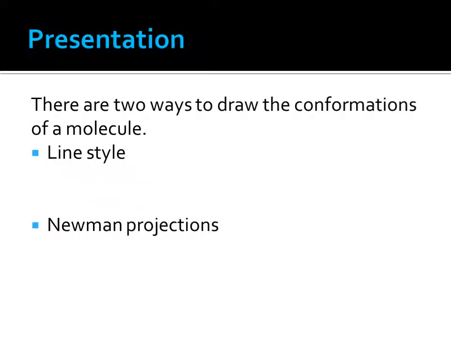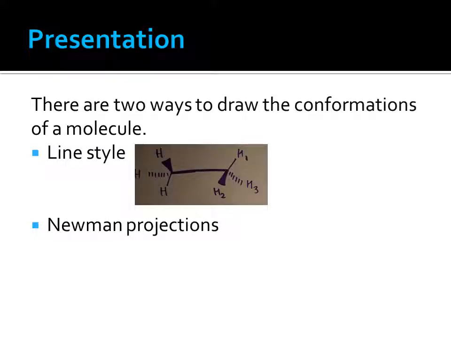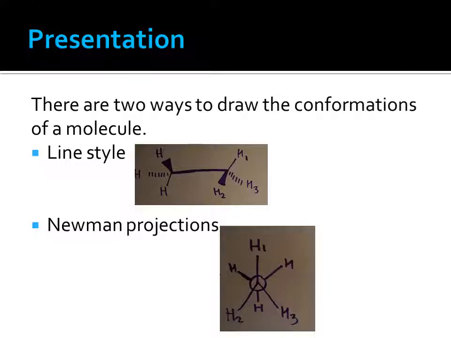They can be drawn in two ways: line style, which will look like this, where you can see how the hydrogen is behind with this dotted line, whereas this hydrogen, the triangle, shows that the hydrogen is coming towards you. Or they can be drawn with Newman projections, which look like this, which would be the same